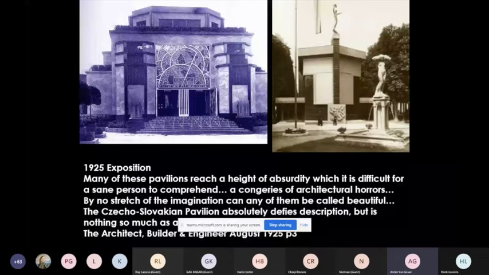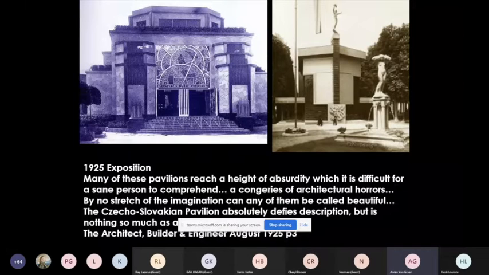Now, what you'll see I quote here: there were two publications in South Africa which talked about architecture. There's the South African Architectural Record, which is based in Johannesburg, and in Cape Town we have the Architect, Builder, and Engineer. The Architect, Builder, and Engineer was very much a reactionary local magazine, and so their reaction to the 1925 exhibition, as you can see there, August 1925, was